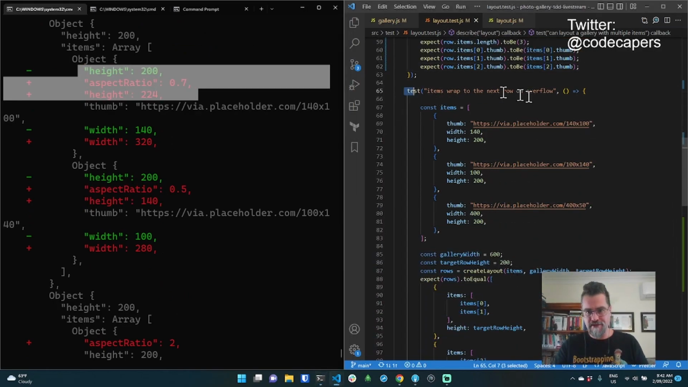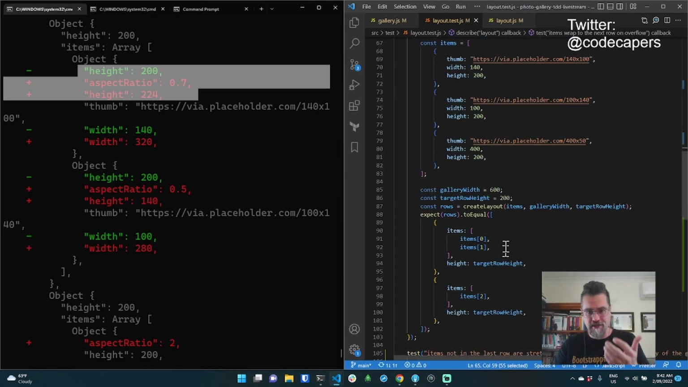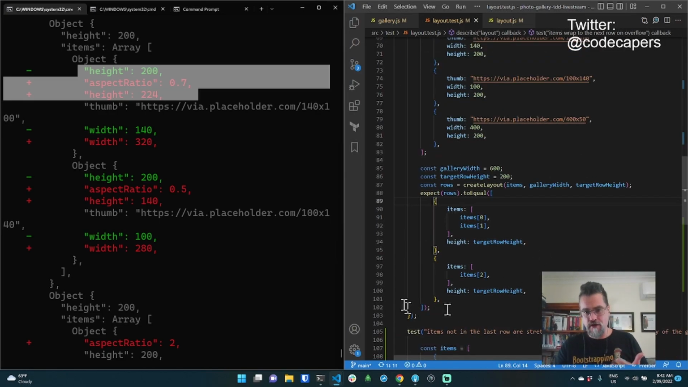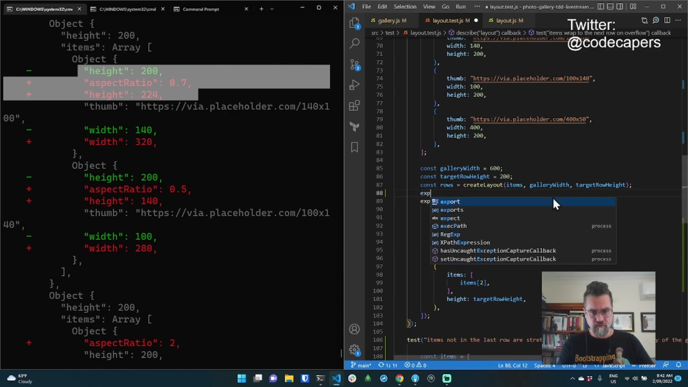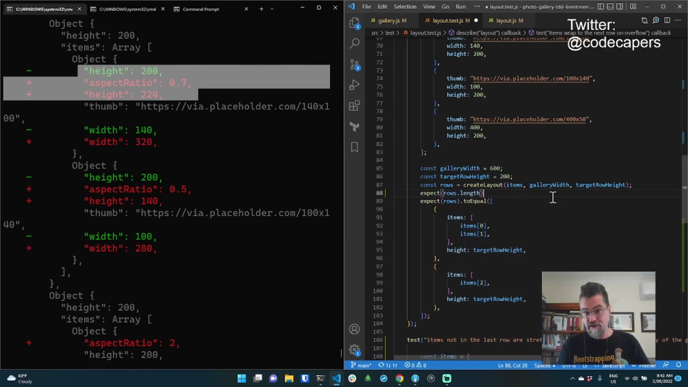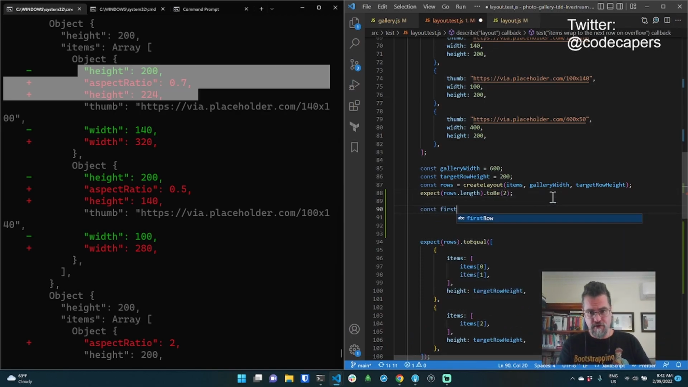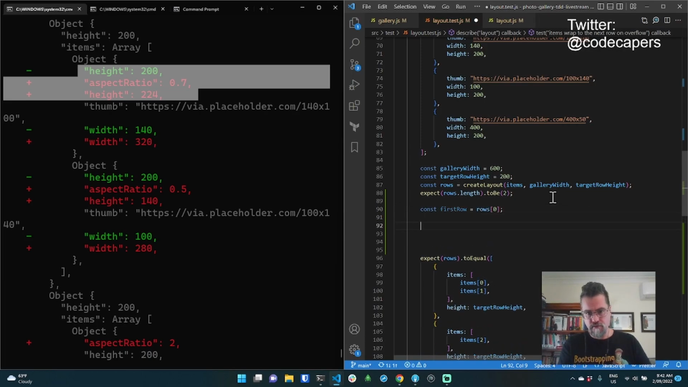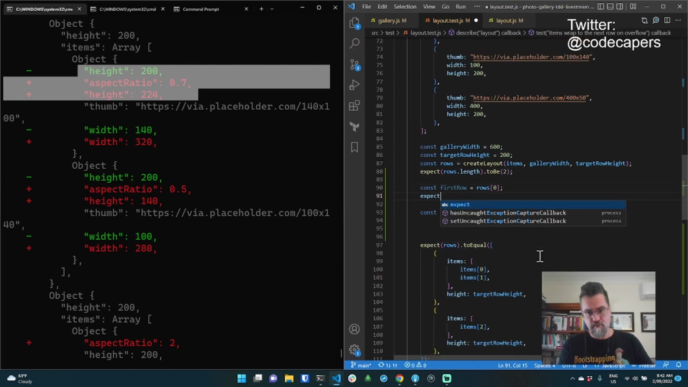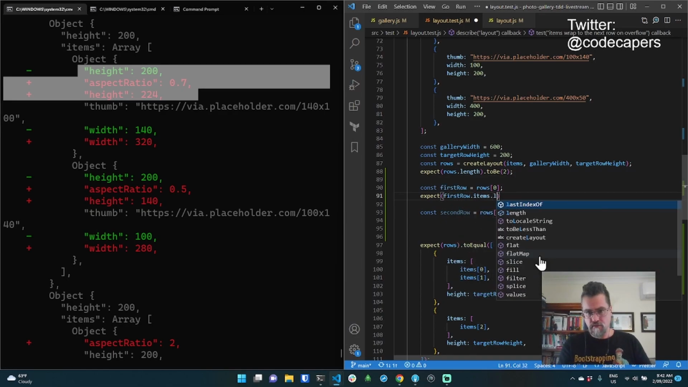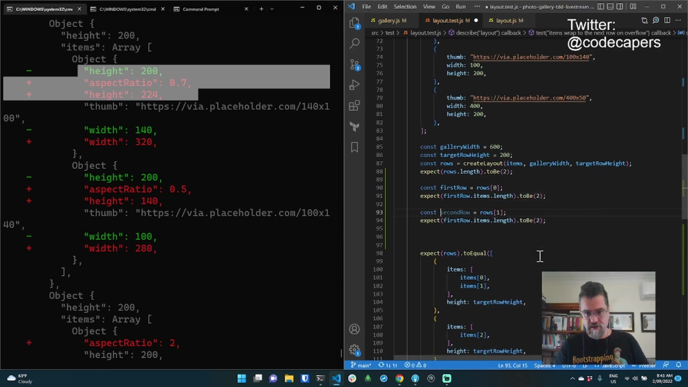All I want to do, as the name of this test says, is to test that the 3rd item gets overflowed here to the 2nd row. So this time around, I'm expecting that there's 2 rows. And I'll pull out 1st row, 2nd row. I can expect here that the 1st row has 2 items, and with the 2nd row here